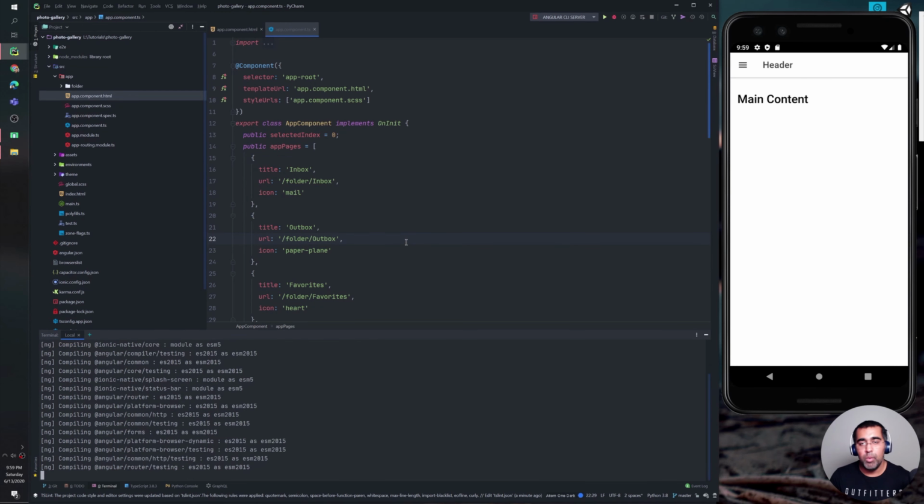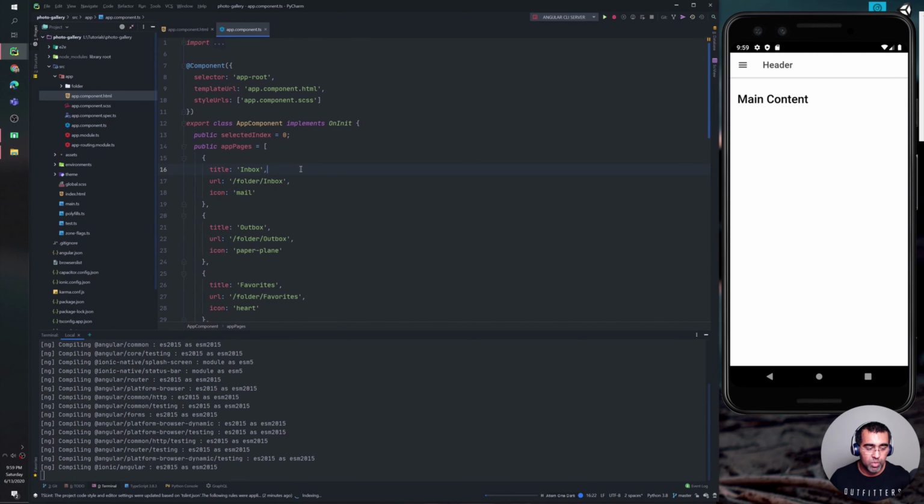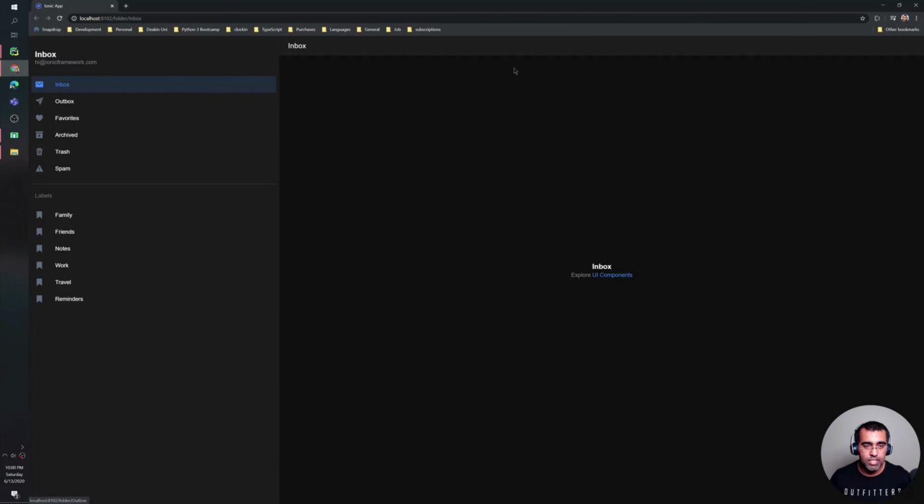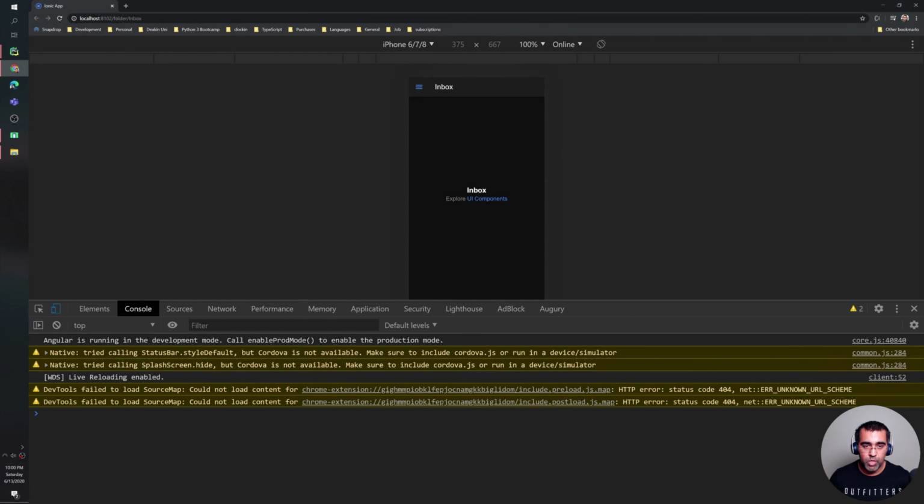It takes a bit of time when you're compiling, even though I have a very strong computer. It's still taking a bit of time. I wasn't expecting it to take this long to compile because I just upgraded my PC with 32 gig of RAM, and it's a very high-end processor as well, Ryzen. So here you go. As you guys can see, we got the menu and we got this title and